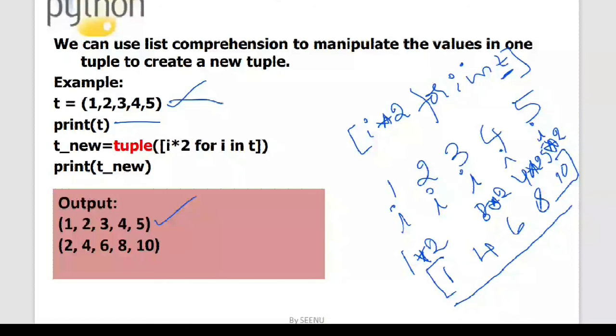I'm taking the list comprehension, creating a new list out of the tuple t. The result of this list comprehension is a list itself. So now I'm using explicit conversion to convert this list into a tuple. When I print this newly created tuple, it is showing it to be a tuple over here. The elements inside the tuple are 2, 4, 6, 8, and 10.